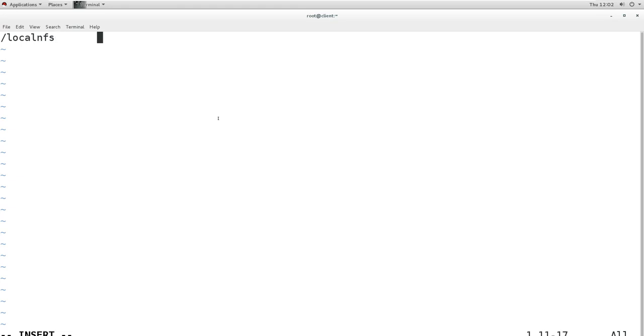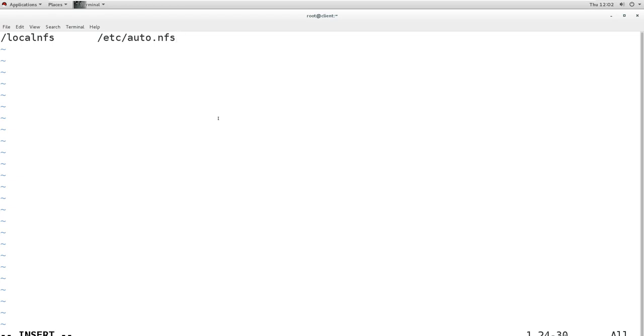The configuration for mounting this directory will be under etc, and I'm going to create the file. It is not there, and the file name will be auto dot something. Auto is important, the part after the dot you can make anything, so I will give NFS again here. This is the file which I'm going to create.